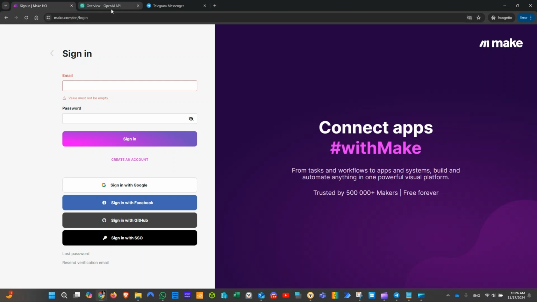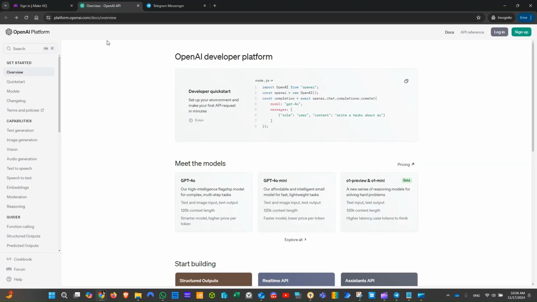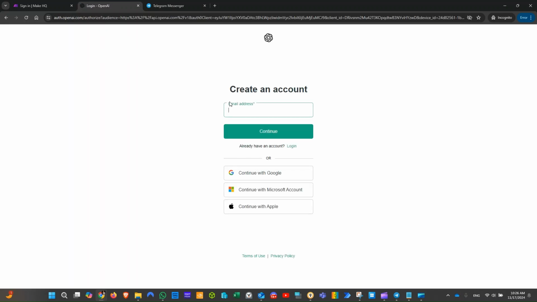After you've got that, we need to move over to OpenAI. If you go to platform.openai.com, you come up to a screen like this, and just over here is the sign up page. So click on that, and that'll go through a very similar process. You can either create your own account or use another account to sign into this account,